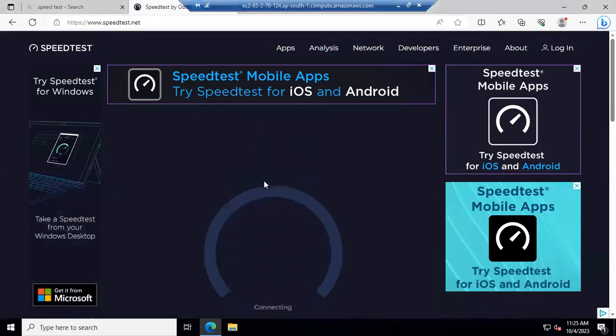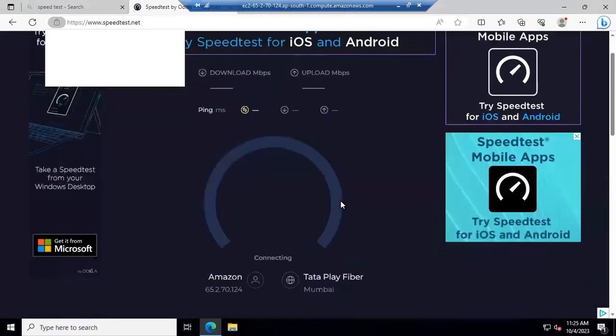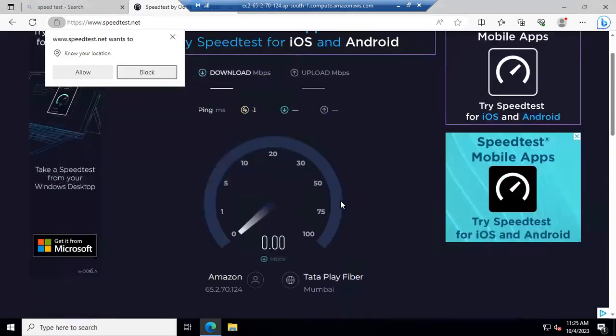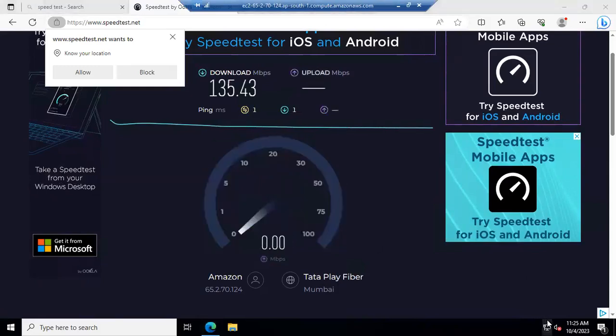I'm just clicking on go here. And you can see the speed rate. The speed rate you are getting is not your internet. If I'm clicking here, you can see here,